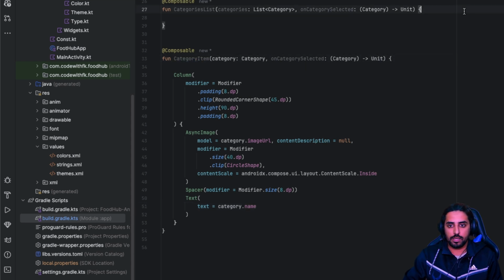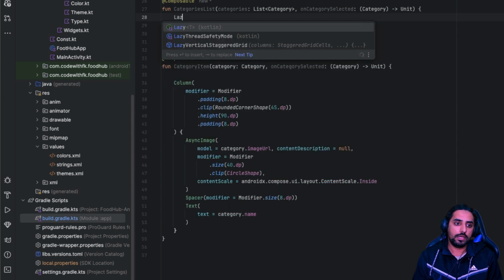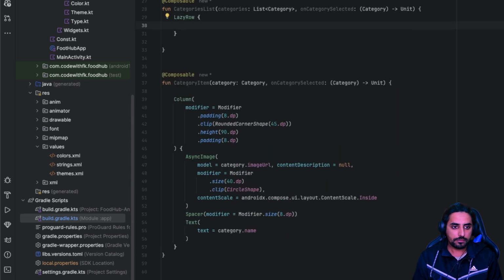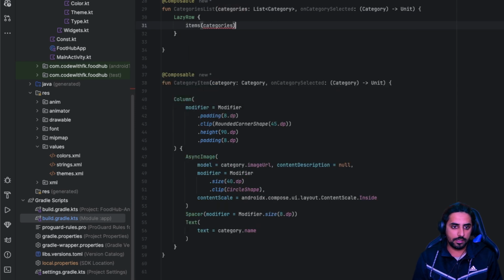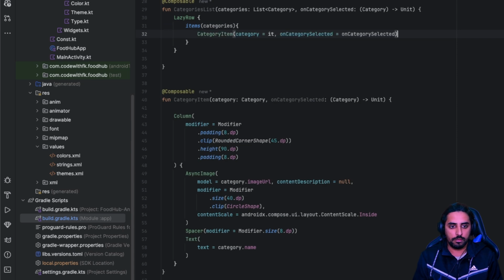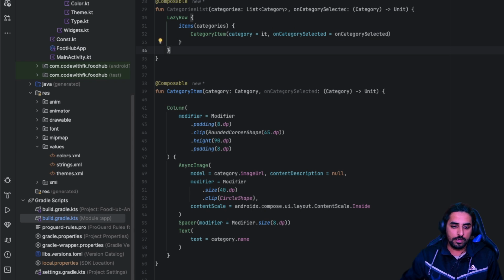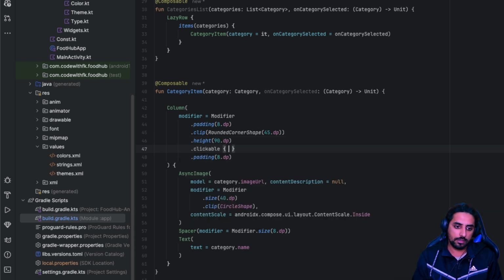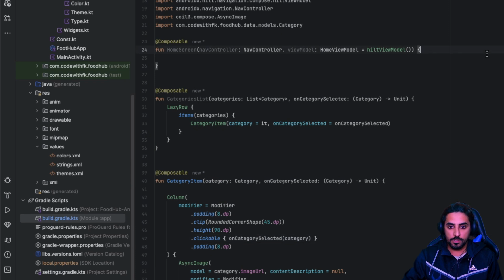Okay, so now we have a category item, and now what we will do is say LazyRow. Inside LazyRow, I'll be using items and pass categories to this, and from there we will be using just something like this. Okay, this is done, and we also will make sure that it's clickable. So once it's clickable, we will be saying that when user clicks that, it should get it like to this. And now over here,